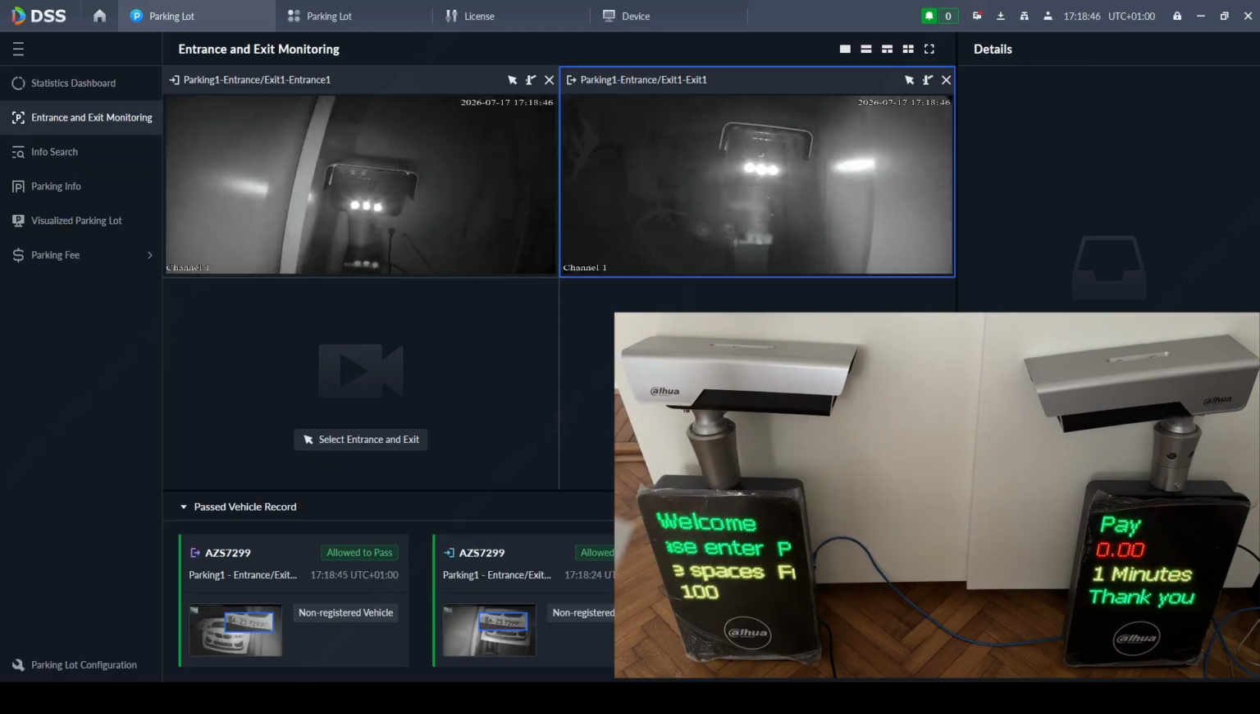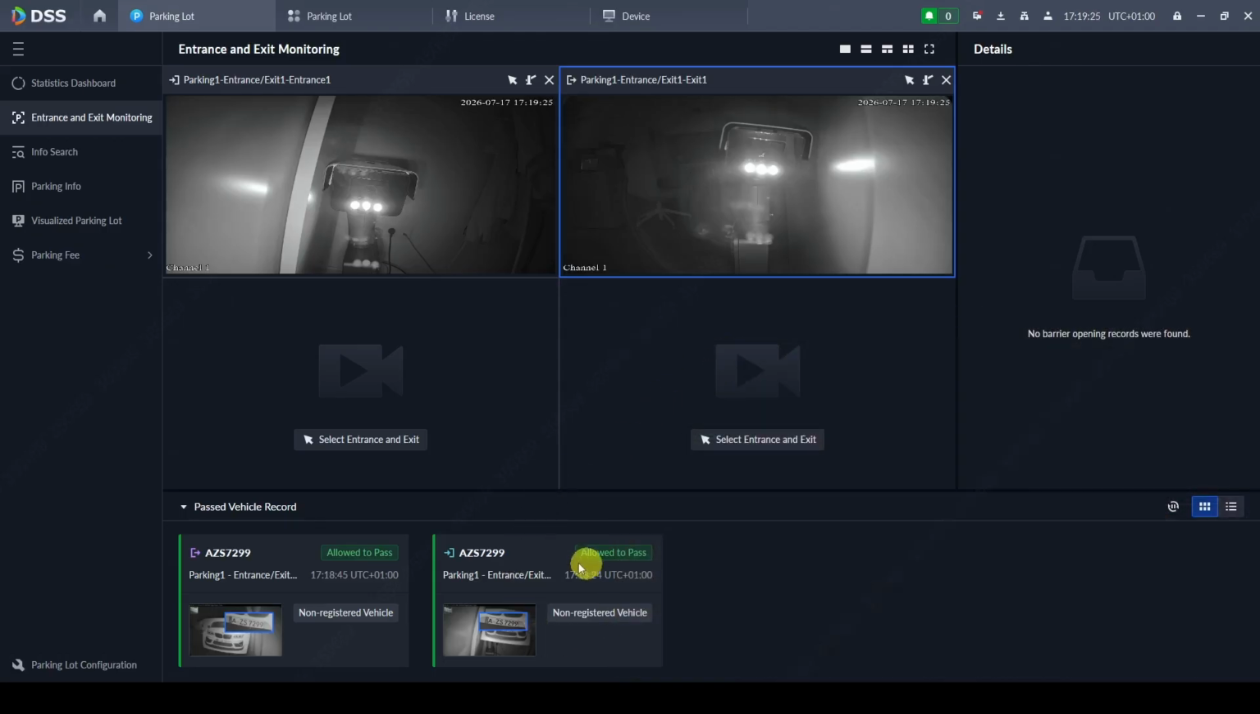Now I'm showing this in front of the exit camera and it shows pay €0 because I didn't set up parking fees, and the parking duration 1 minute in orange color, and thank you text. And then it goes back to the default mode too. Here you can see also the records of the vehicle's passing, and as you could see, there was also information